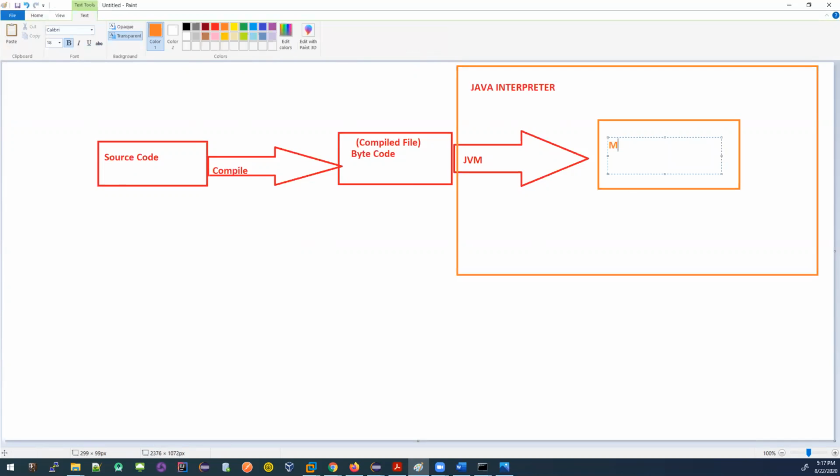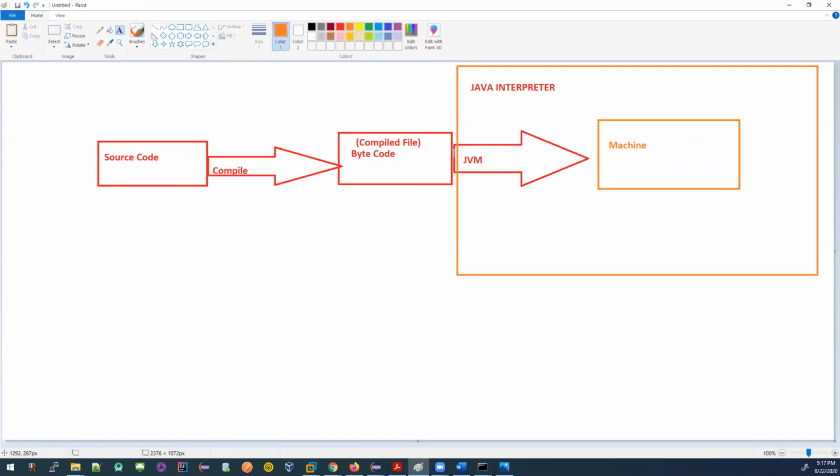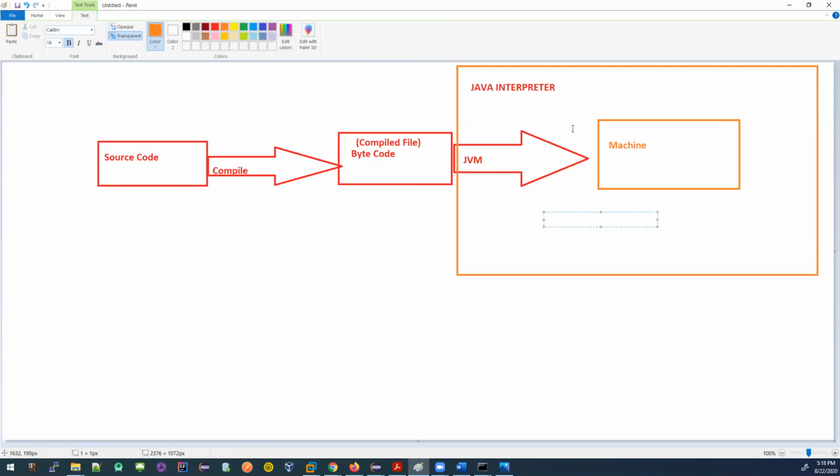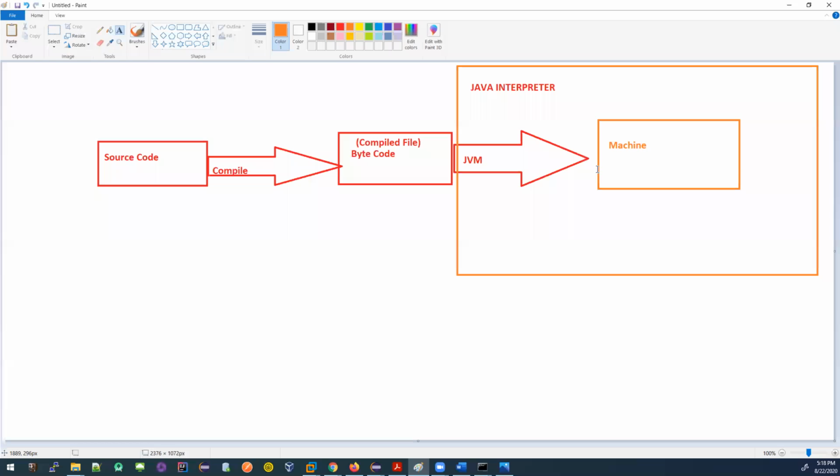This virtual machine is created through a software system that can take the resources of the actual computer, the actual hardware. It interprets and converts the code into instructions the machine can understand, and then the machine will execute them and give you the output you are looking for.